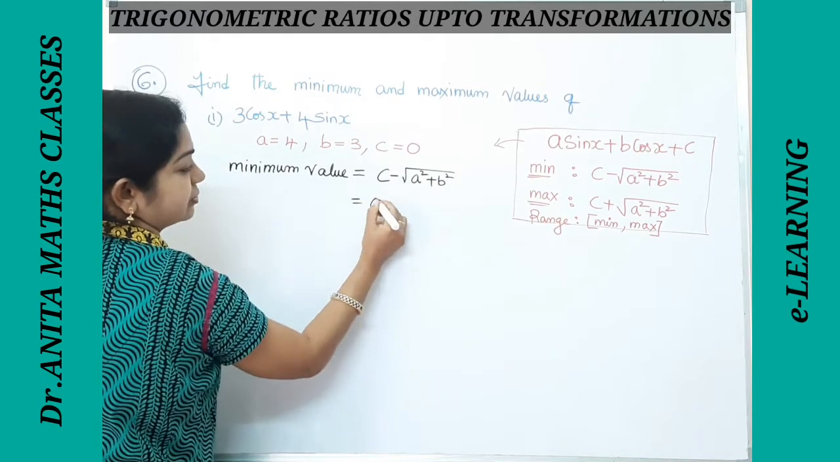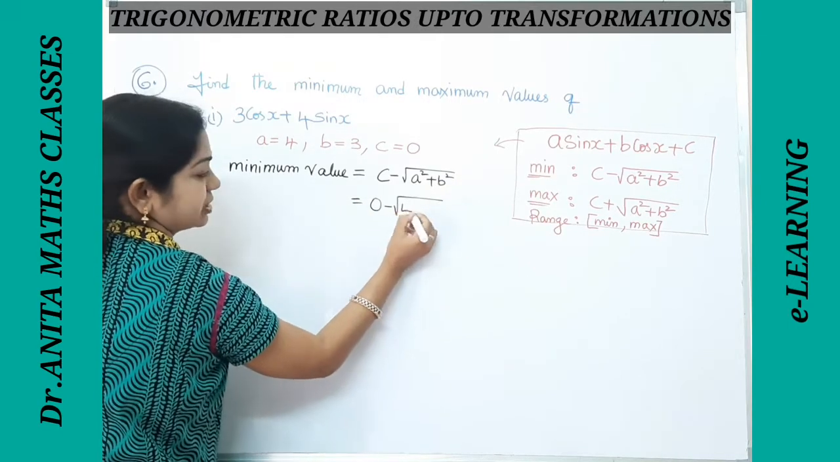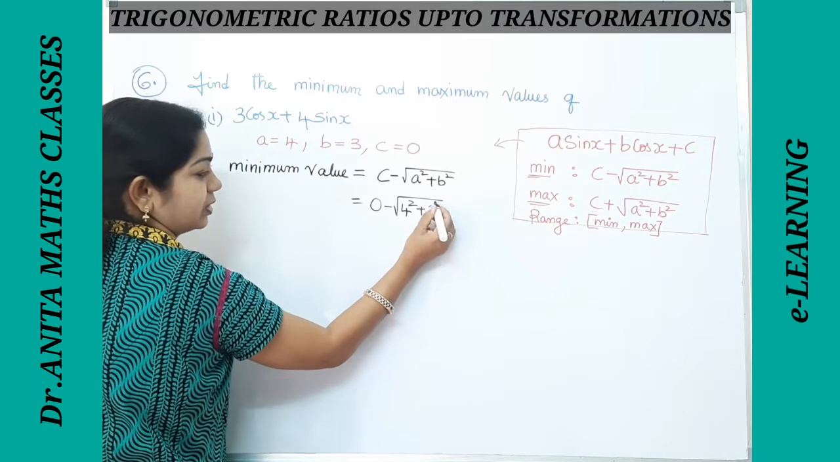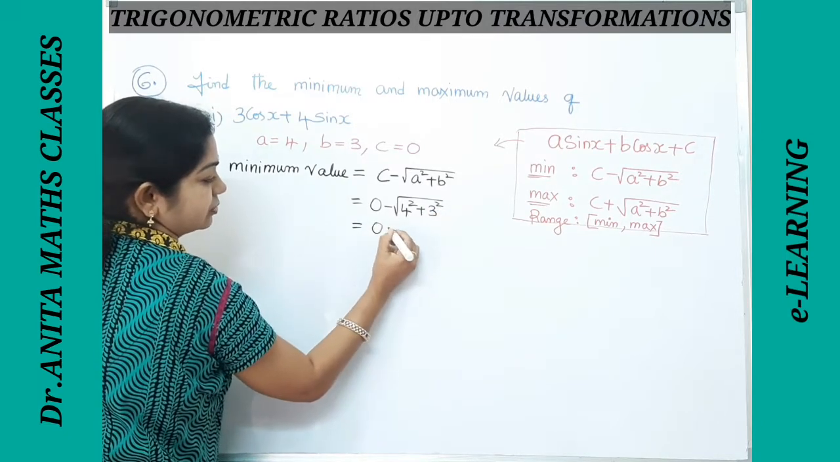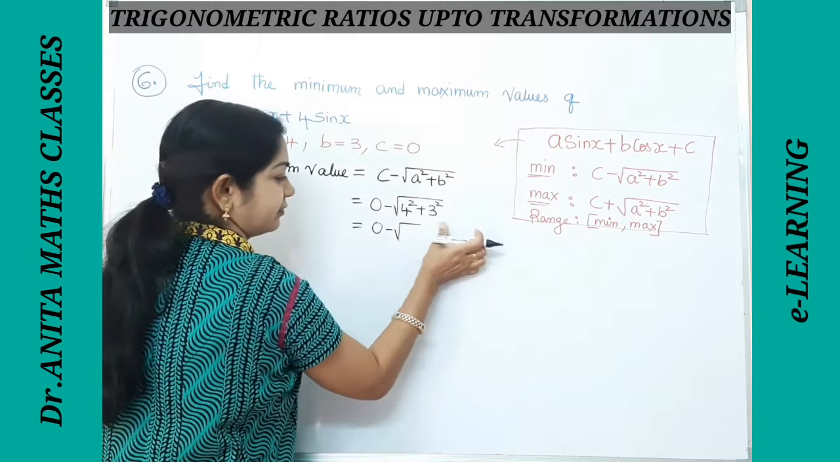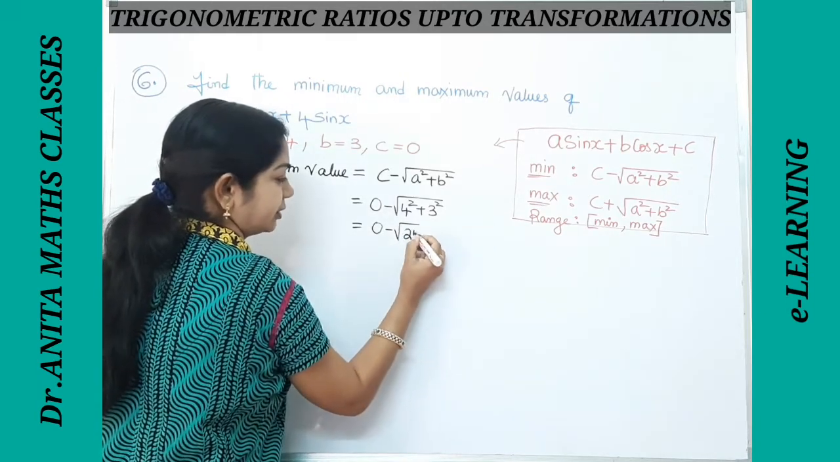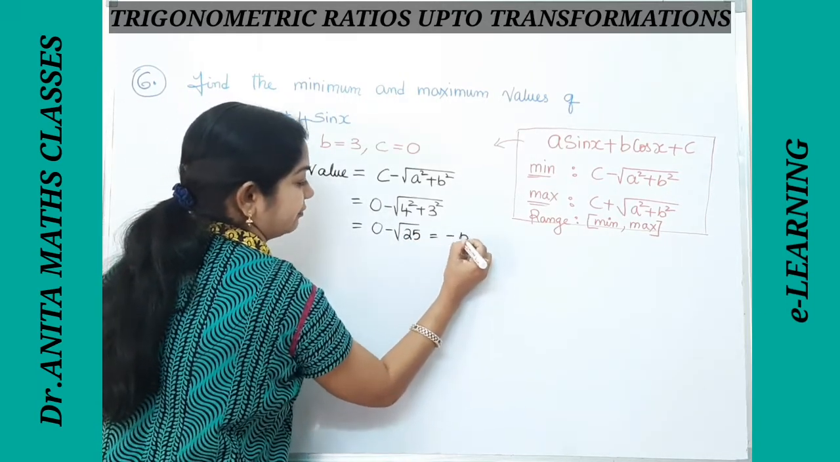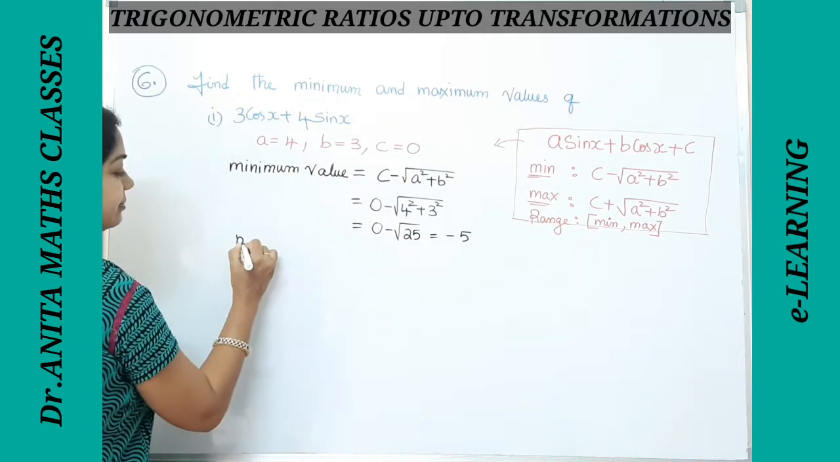So the minimum value is c minus under root of a square plus b square, that is 0 minus under root of 4 square plus 3 square. That comes to 0 minus the root of 16 plus 9, that is 25. So we get minus 5. And the maximum value